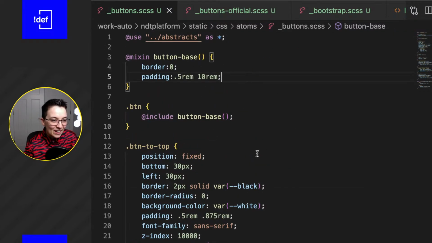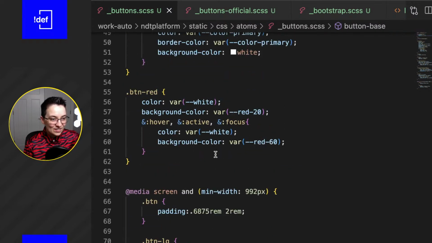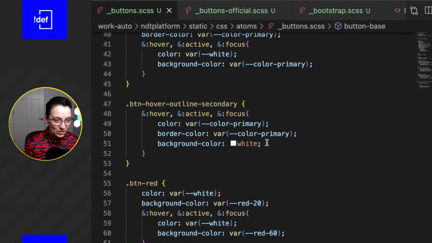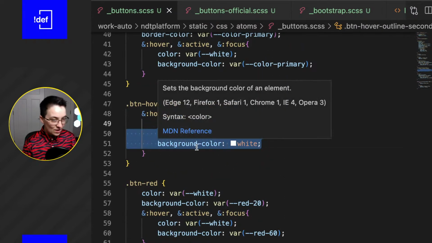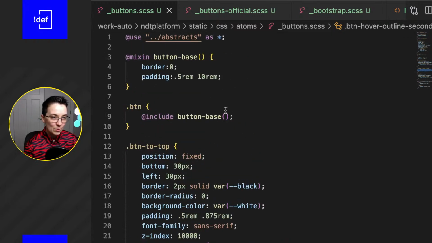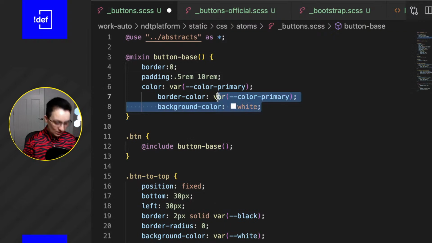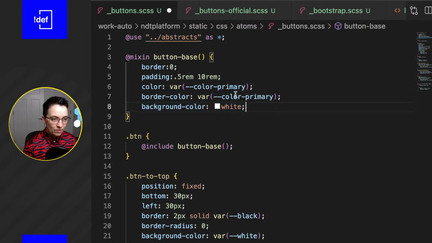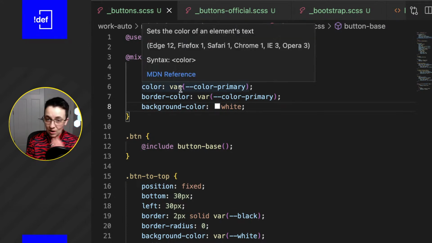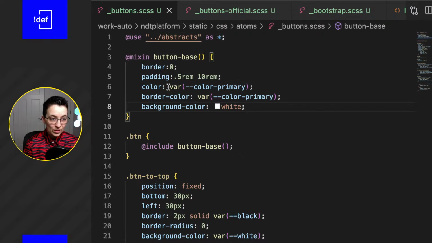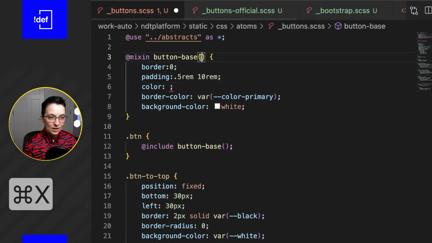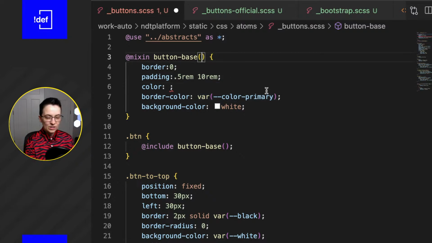So up here, sorry for the back and forth. I'll just grab this because it's all three properties that we want. And I'm going to add these as part of our base style. So we know that we can pass in some colors for these to be placeholders. So maybe this will become a default value. So we could just say